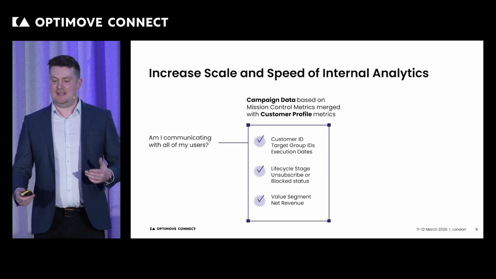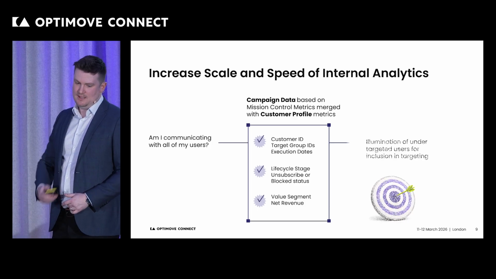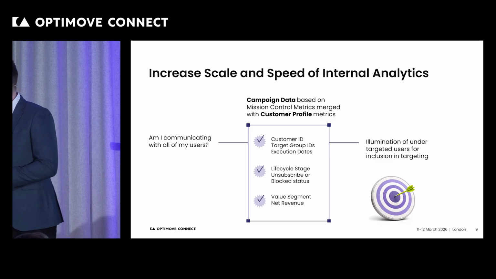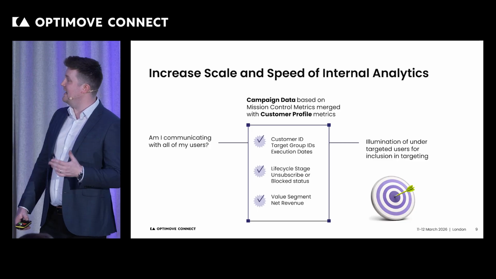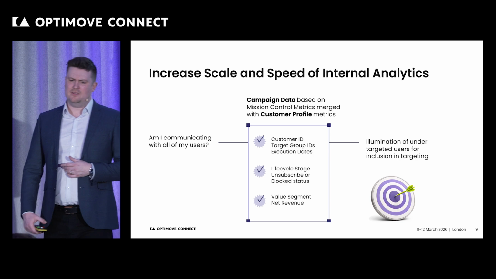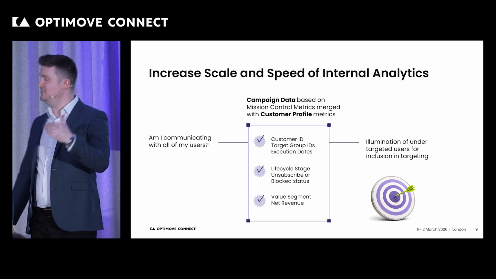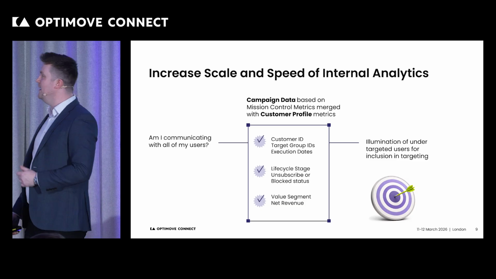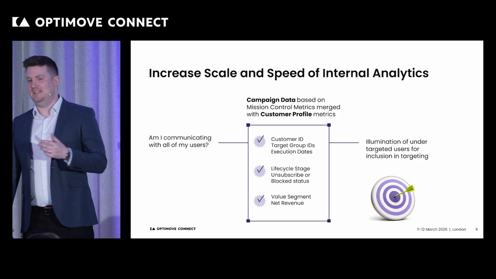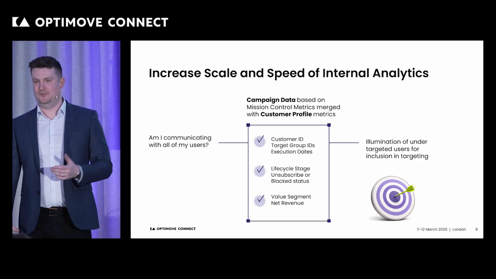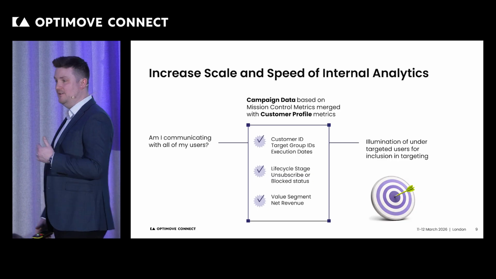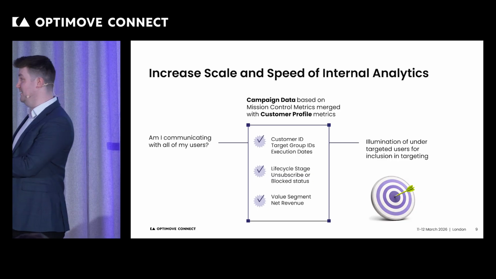Very good. So this is going to allow us to illuminate users that we've potentially missed. But it's not just a case of some analytics here. We can also do some more actionable stuff off the back of this. We can obviously download those users, re-upload them as a target group in a CSV form. But we can also start to identify why we're missing users in the first place and fix our targeting so that we are not missing users in the future, particularly key users as in this case.